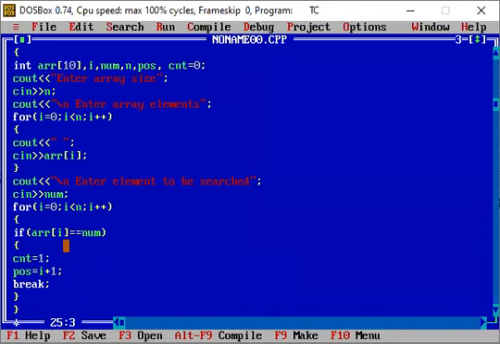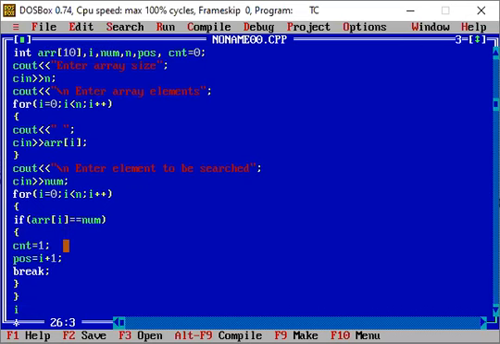And now I will check for the value of the count. Why so? Because this will be the only case where the matching is possible, when you are comparing the value of that particular array to that num part. So this is the place where you are comparing that particular element. If you have got that particular value in your array, I have just changed my count value to 1. So I have assigned that 1 value to this particular count part.